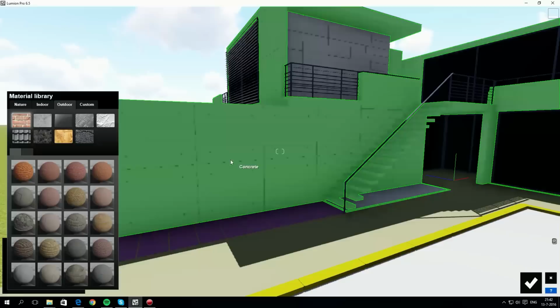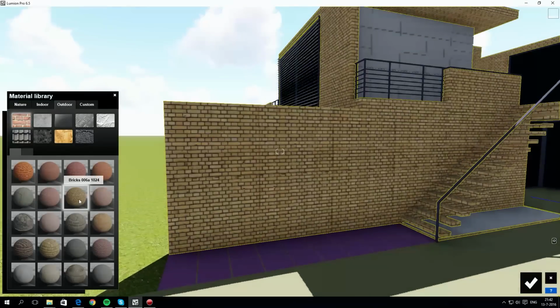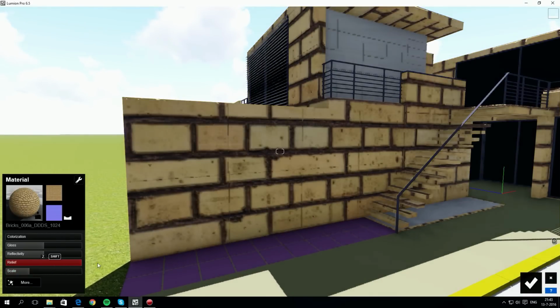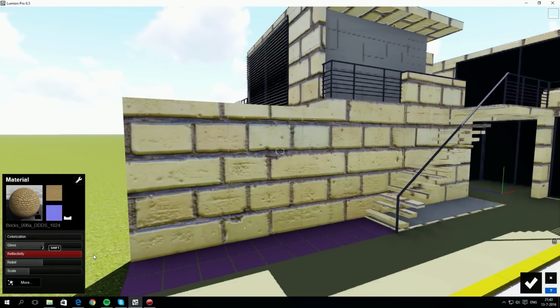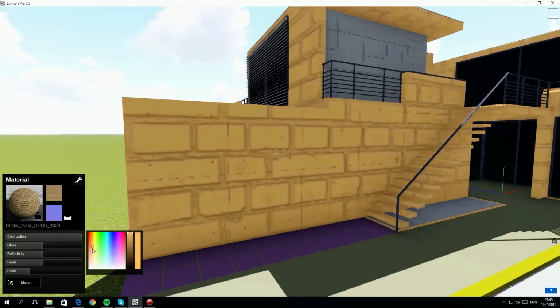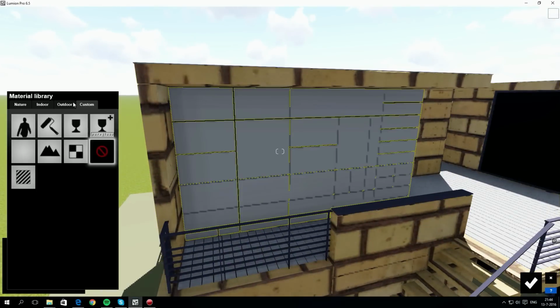Let's change this concrete wall to brick. Click the brick again to change its properties: scale, relief, gloss, and colour. There are also more properties you can tweak. Now this brick looks a bit strange, but we'll fix that later. Now let's add wood to this surface,